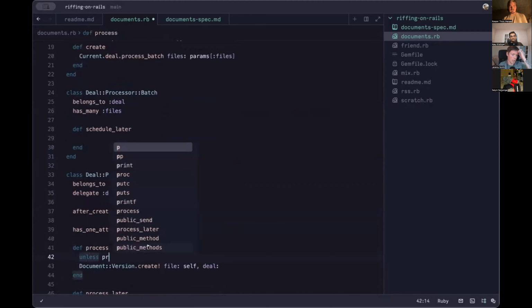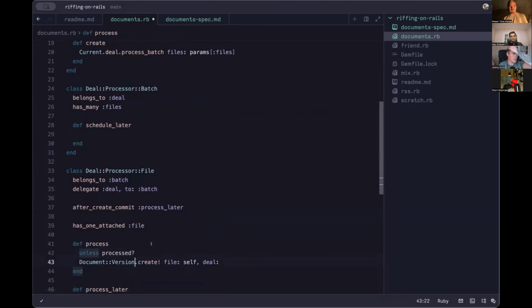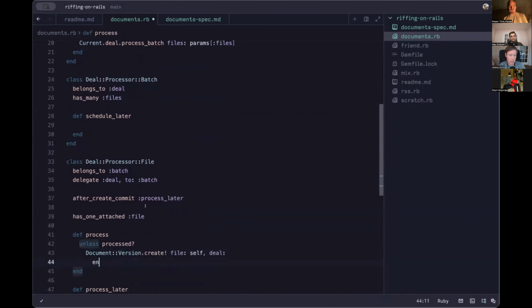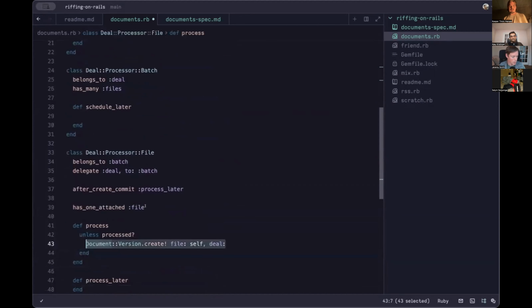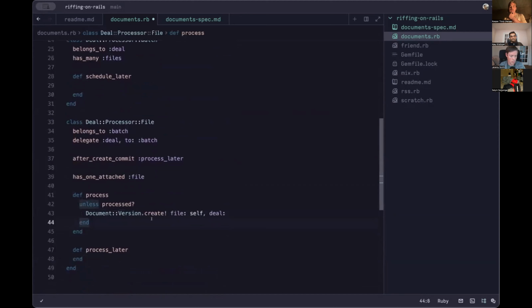We need to identify the document prior to that step. To create the version right now, we would need to identify its document. Yeah, that's true. I almost wonder if we want to skip that in a way, or not require a document up front, but the version is just